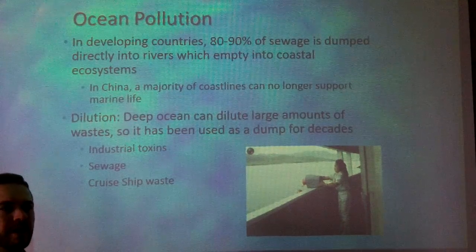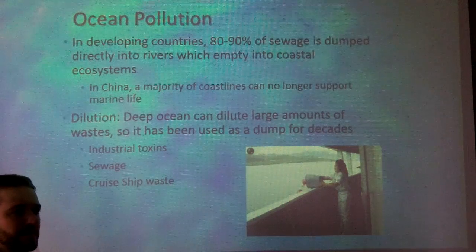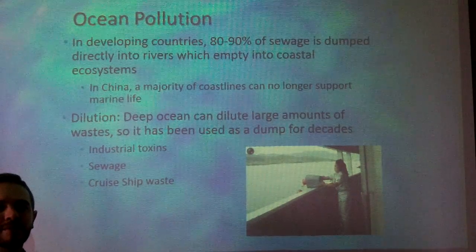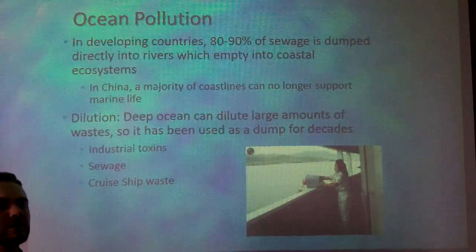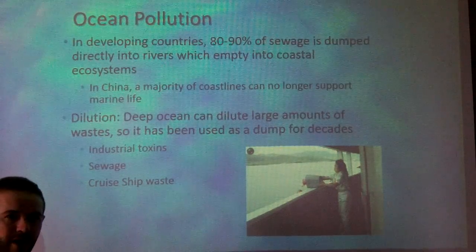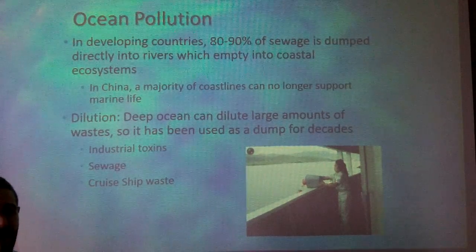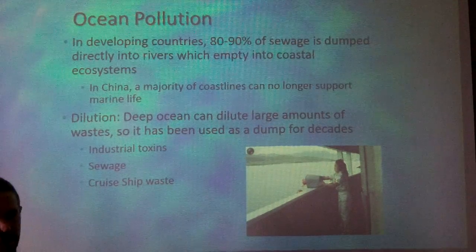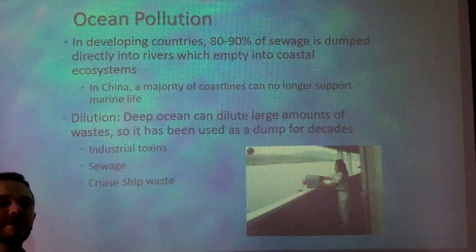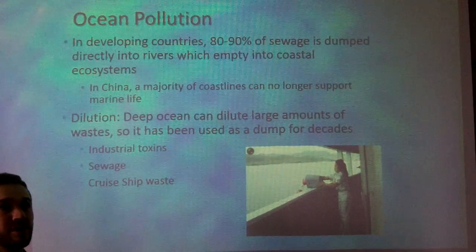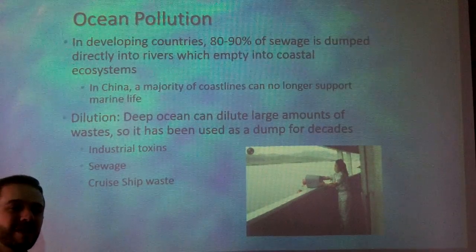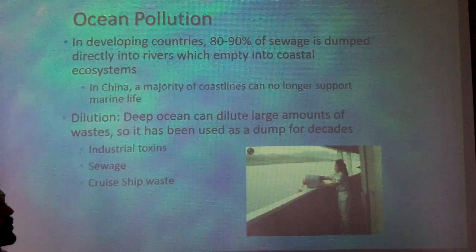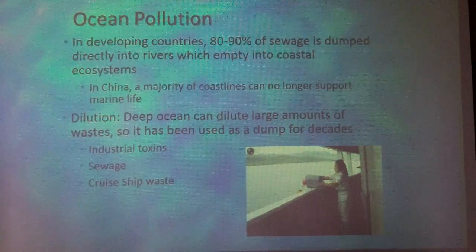We still do that with food, and that's okay. It's biodegradable, and the impact, I'm sure we could find some type of negative impact coming from that, but in general that seems to be okay. But you think about all the other crap that goes on cruise ships that we were just dumping in the ocean. No bueno. But that's by U.S. laws. Now there's cruise ships that are owned by other countries, and they may not have the same regulations that we have concerning what they can and cannot dump into the ocean.